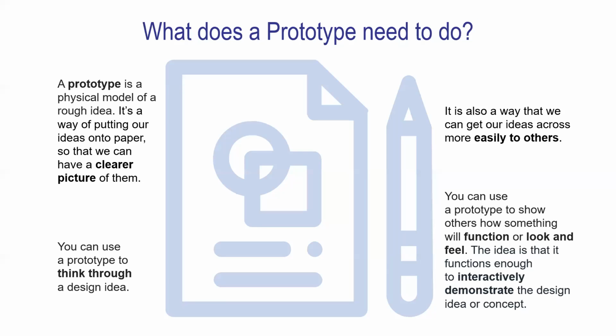So what is prototyping? Prototyping is really a physical model of a rough idea. It allows you to take the idea that you have and put it onto some kind of physical model. It helps you through your thinking and communicating with your learners and stakeholders. You bring them into the process a lot easier, a lot sooner. You can also use it to think through any potential problems or any potential barriers. The learners can give you feedback on that. Prototyping is also a great way of handling a lot of interactivity. And how do you actually test how that interactivity will work with them without expending a huge amount of time and development costs? So Simon, if you just go up to the previous slide,